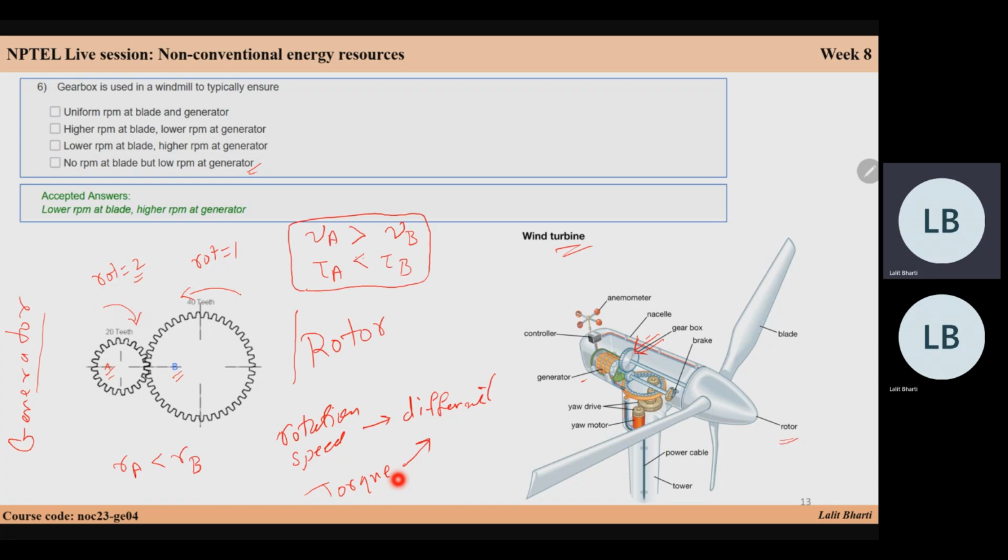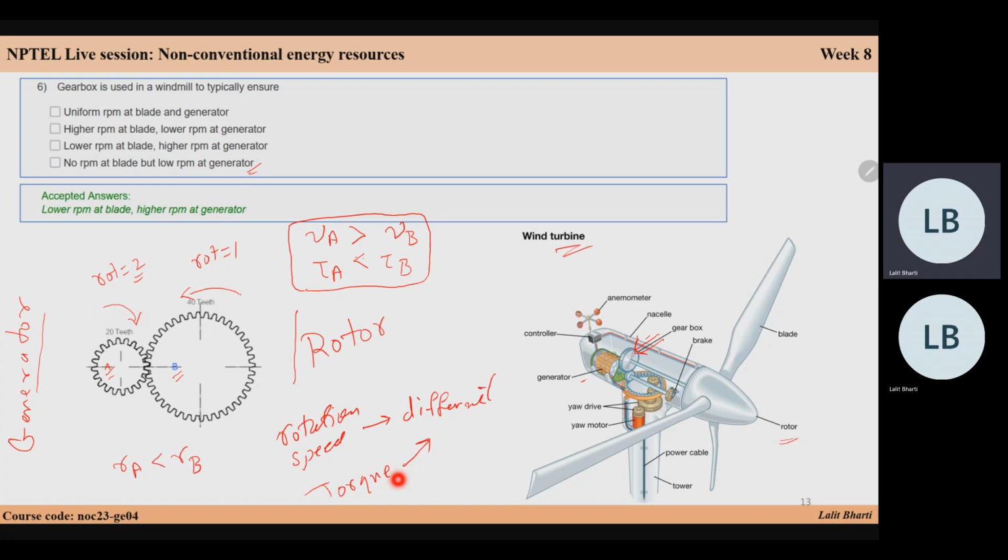So these gearboxes are basically used to match the generator frequency to the rotor frequency. Since these are tunable gearboxes, their ratios can be controlled. If rotor speeds are higher, they can reduce them down to the generator speed. If the rotor's rotation speeds are quite low, then they can match the generator speed